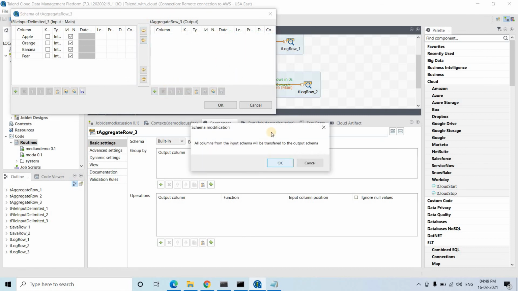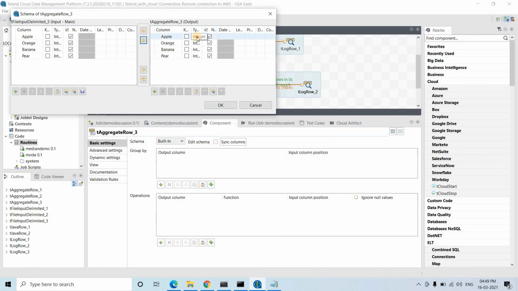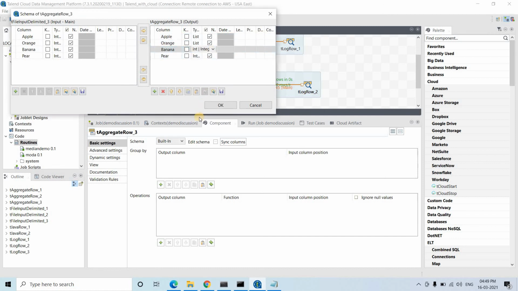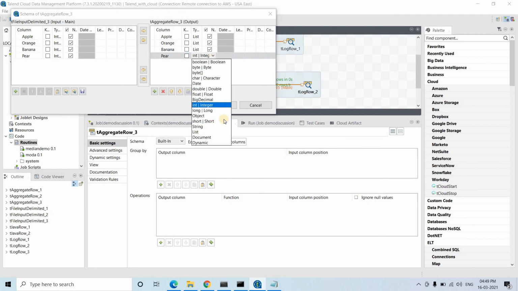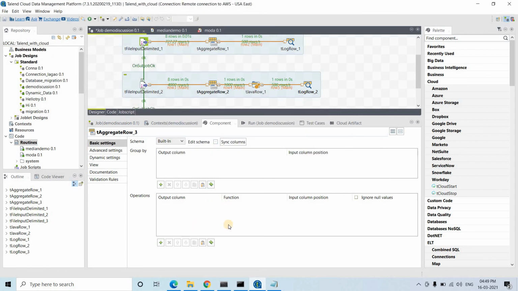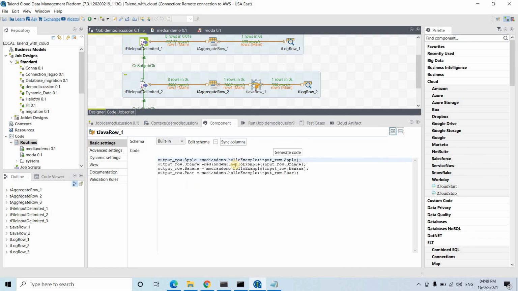Send all of them, and this will be list. Paste it. Right, nothing new I have done. In tJavaRow, what I'll be doing here,